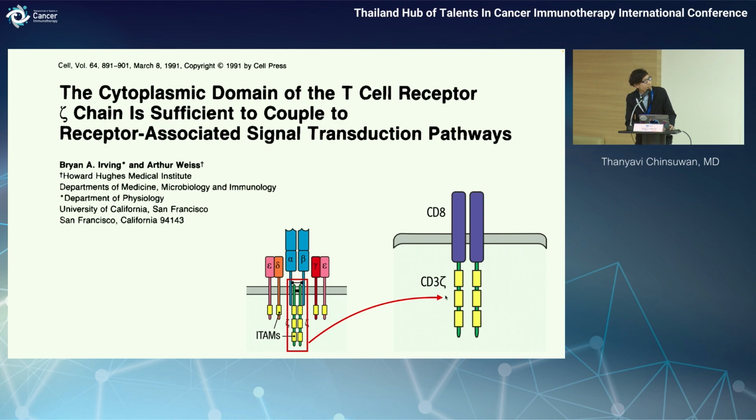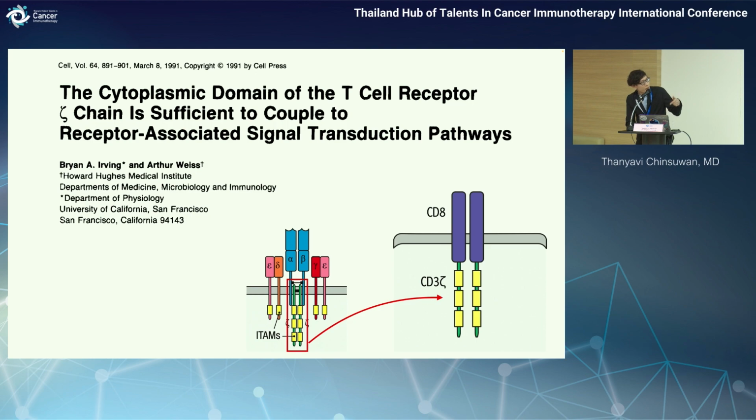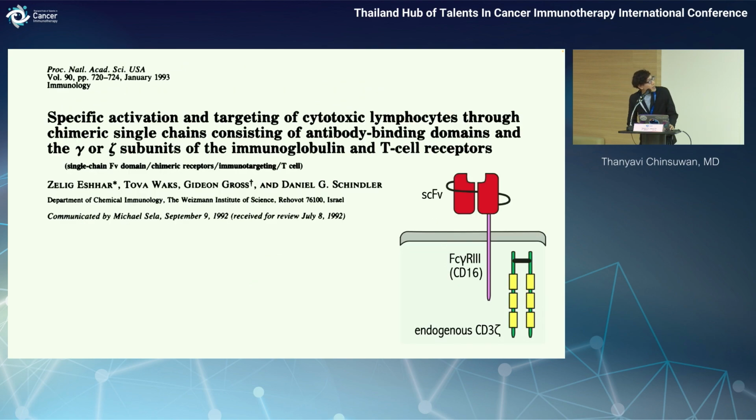And they found that this homodimer would be able to activate T cells on its own, independent of TCR. So now we are moving away from the full TCR complex to be able to independently activate T cells independent of TCR. And then 2 years later, a group of Israeli immunologists, Zelig Eshhar and his team, found